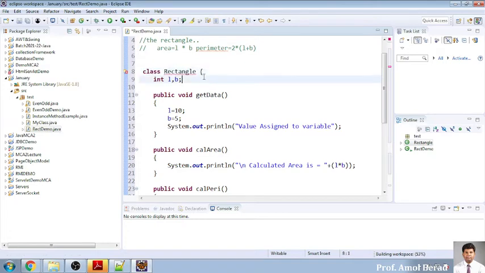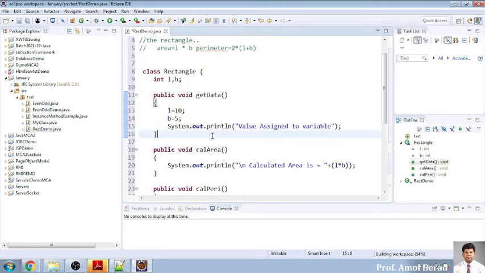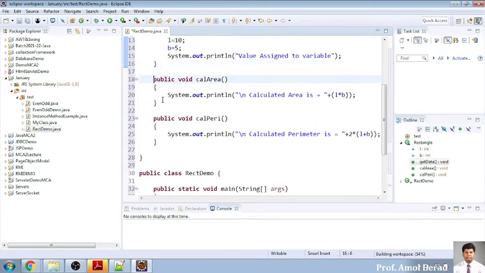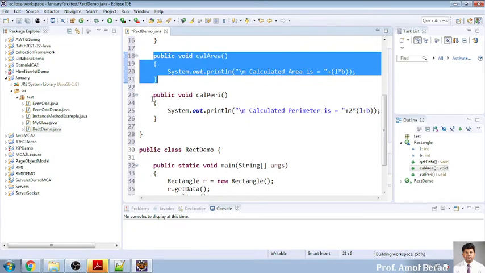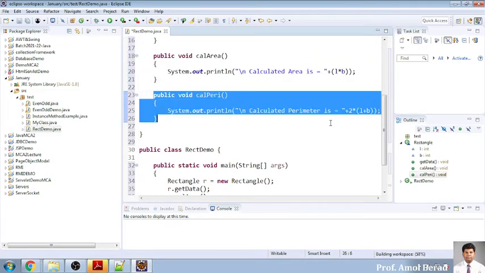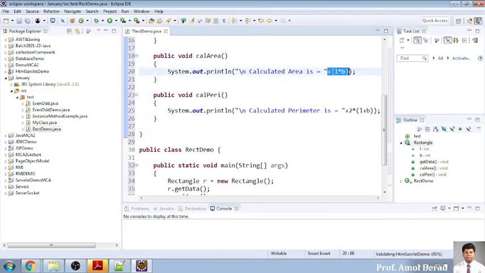Now this is rectangle with length and breadth, a function that will be setting the values. Area will be calculating the area, and calperi will be calculating the periphery. The formulas are written after this one. Whatever we wanted to show in double quotes, we have shown. There is no need for slash n, I am removing it. So on a separate line it will be the calculation of area, and this is the formula: length into breadth for area and 2 into L into B.